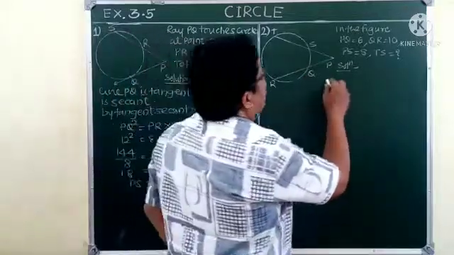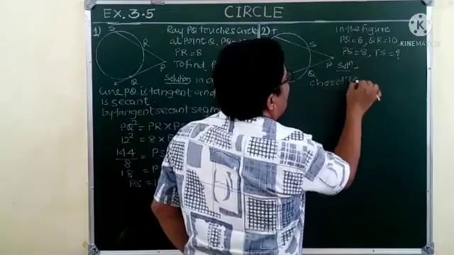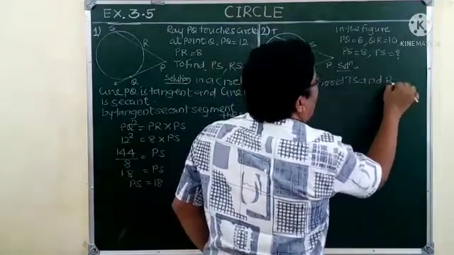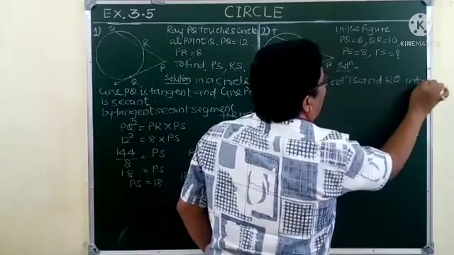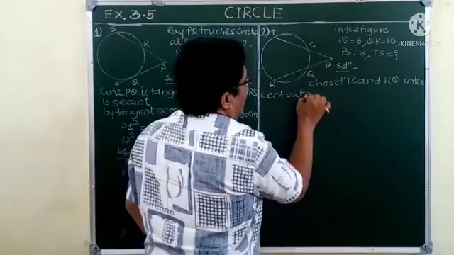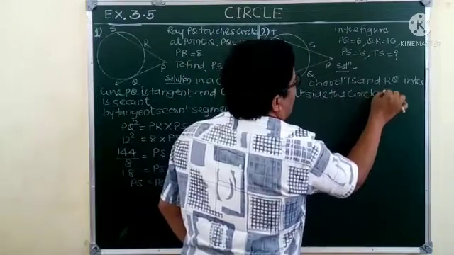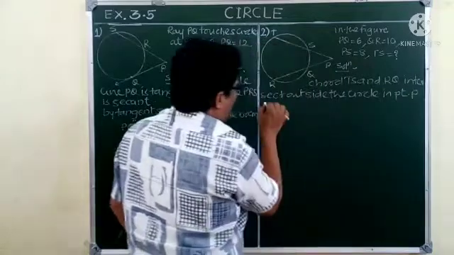So for that here we will write chord TS and RQ intersect outside the circle in point P. So by